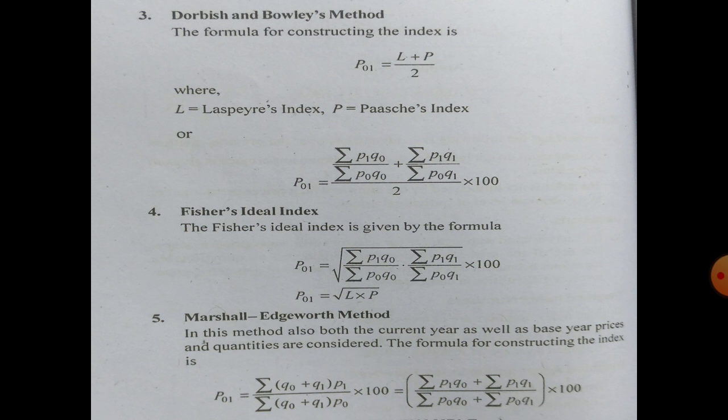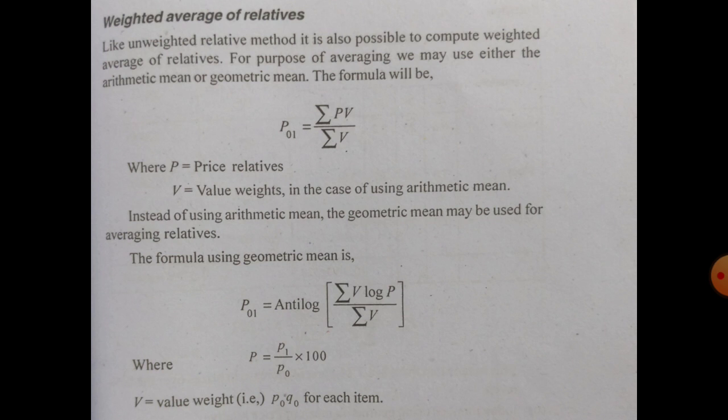So now the next formula is weighted average of relatives. Here also we have two formulas: in arithmetic mean, what is the formula, and in geometric mean, what is the formula. In arithmetic mean, P01 is equal to summation of PV divided by summation of V. Here P is price relative, V is the value weight. The V value is calculated by P0 into Q0 for each item. Similarly,